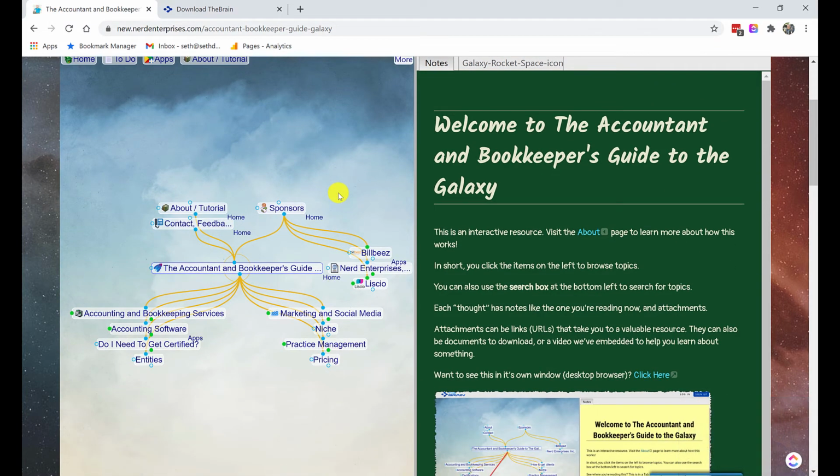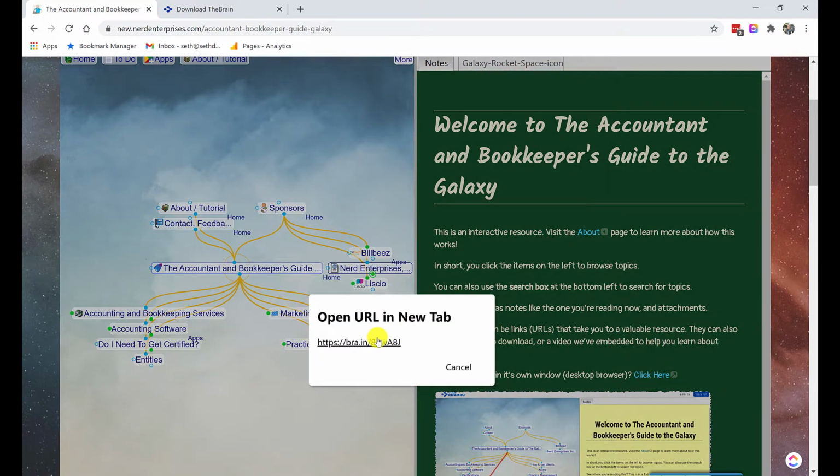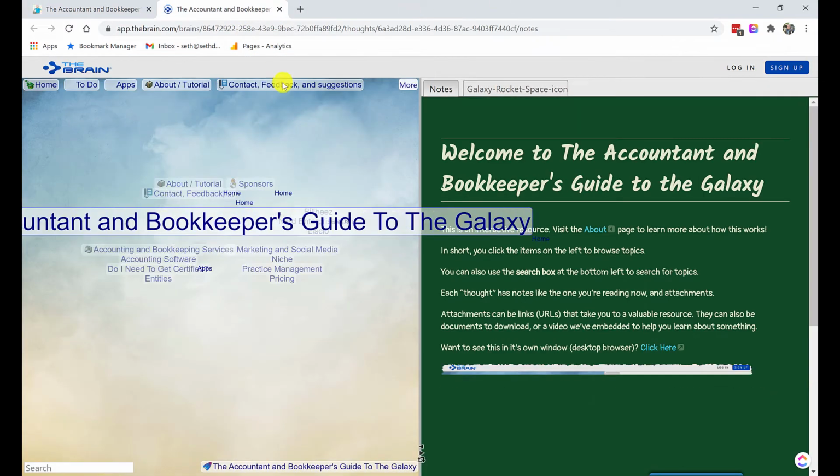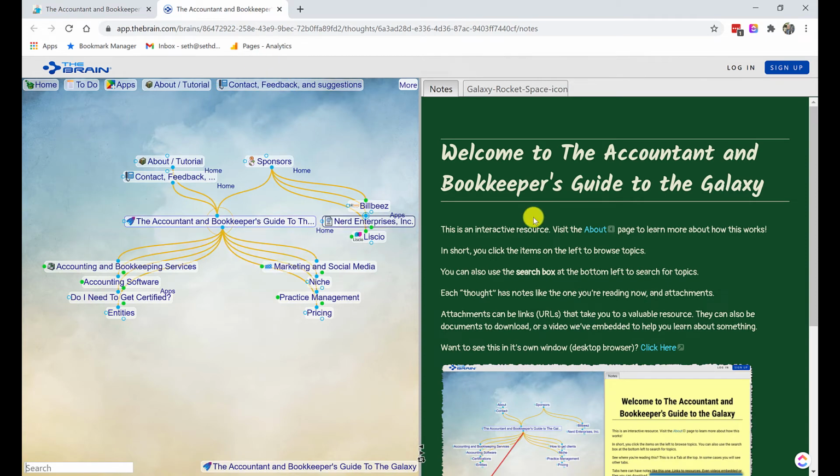In the meantime, if you are going to look at this on the web, my suggestion is from this initial home thought, which is what these are called. These are all called thoughts. You'll see the notes on the right of anything. Click this link here, and it will launch it and open it up in a new tab for you. It just gives you a little bit more space to work with, and it works a little better, right? So it takes you right over here. And as I said, these are all different thoughts.